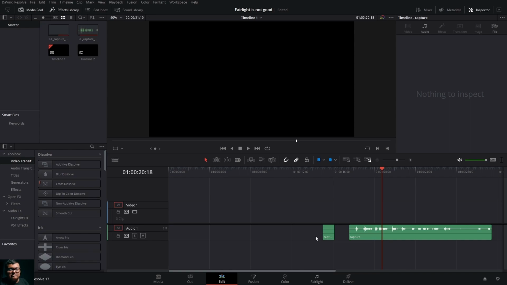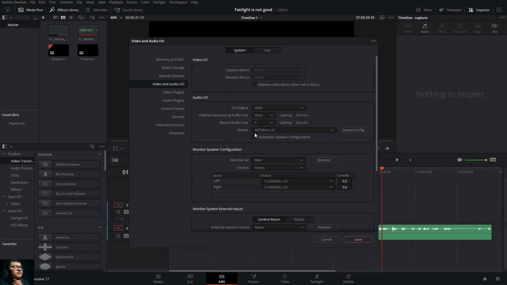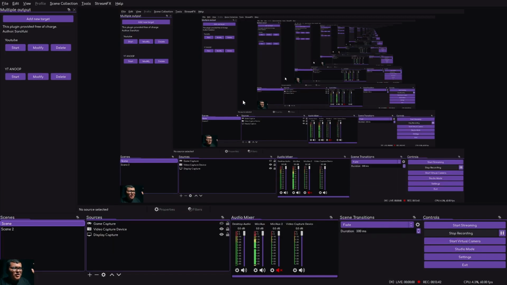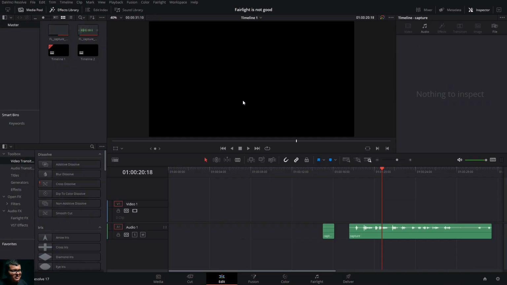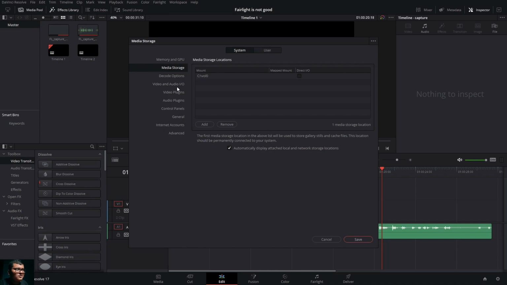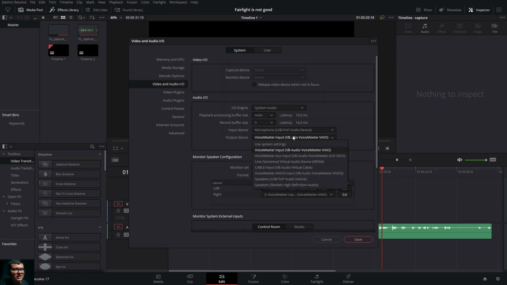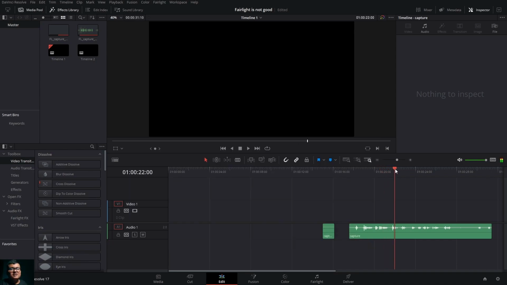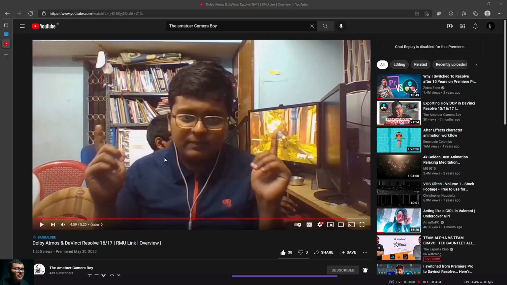At that time, simply go to Preferences, then System Audio, say restart, and open your project. It's loading. Then configure your input and output system, whatever the default one is. I don't know why it's going to default. Let it be this one, unassigned. When you change it, it will come to unassigned. Then click on save. We'll have the audio with YouTube.